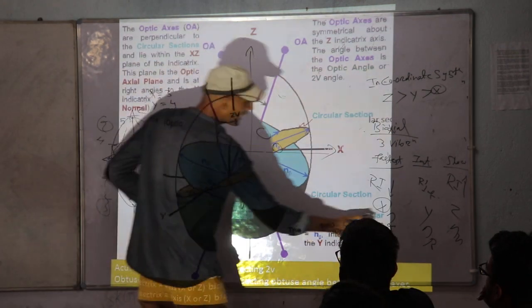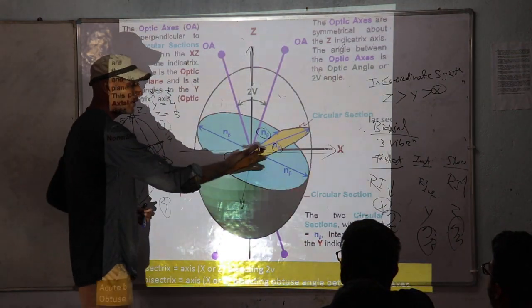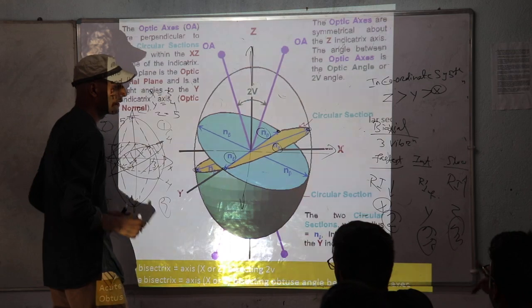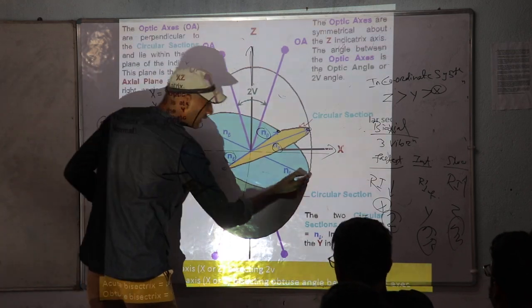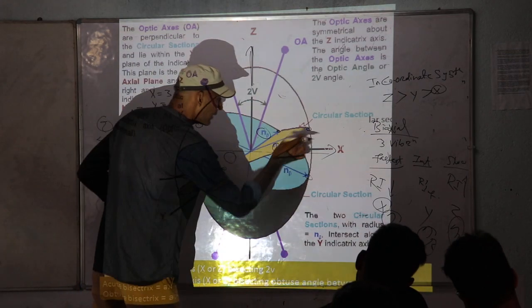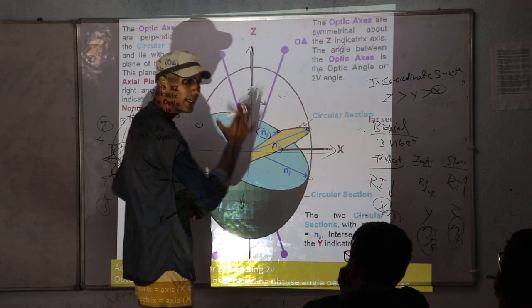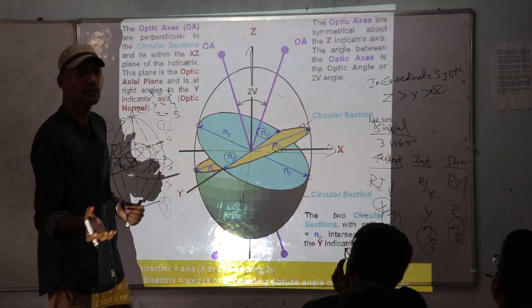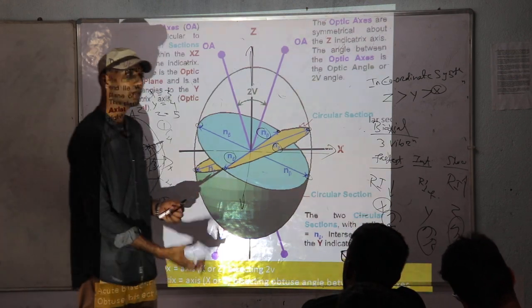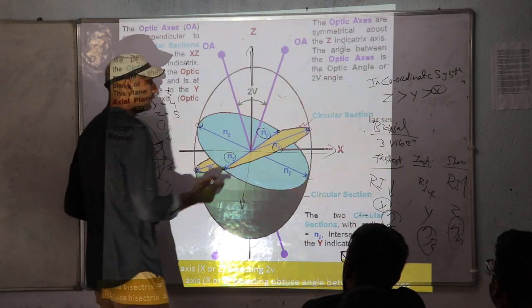So in the x axis, that is n alpha, y is n beta, z is n gamma, and n beta is the intermediate one. So you are getting n beta in this quadrant, and taking both the ends of the y axis. Similarly, in this quadrant you are getting n beta and both the ends of the y axis. If you are joining this, you are getting 2 circular sections with radius n beta. It can be asked in a question what is the radius of the circular section in case of a biaxial mineral. That should be n beta. What is the radius of the circular section in a uniaxial mineral? That will be omega. Okay.